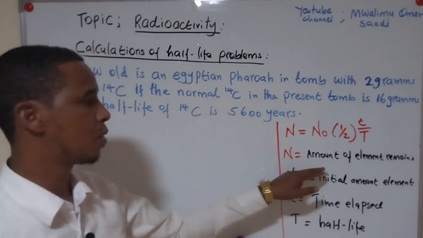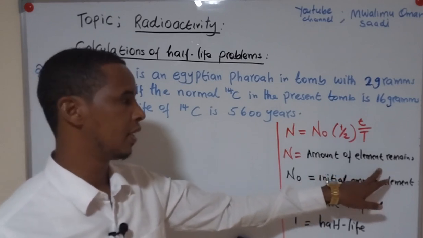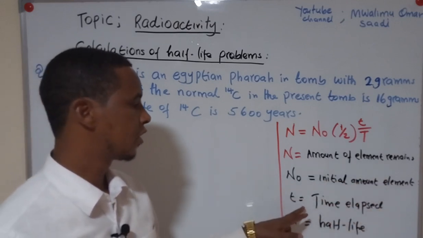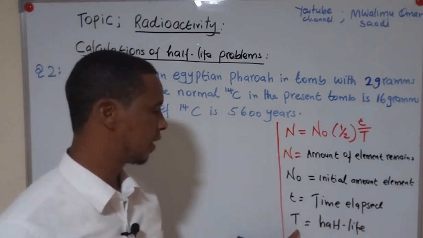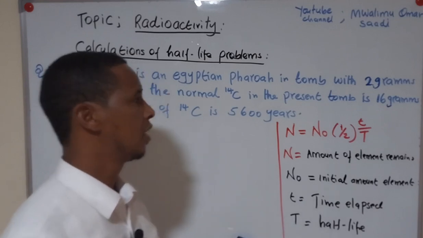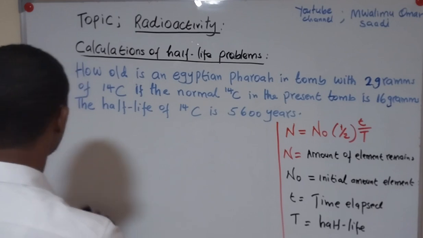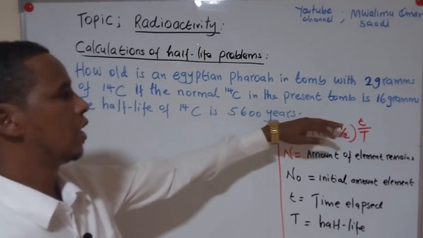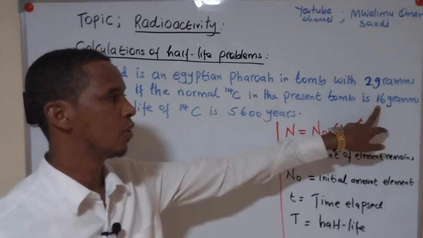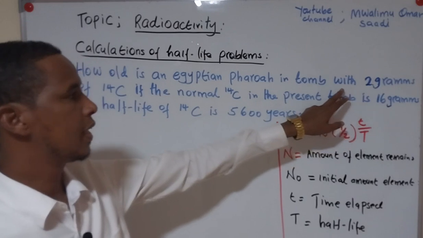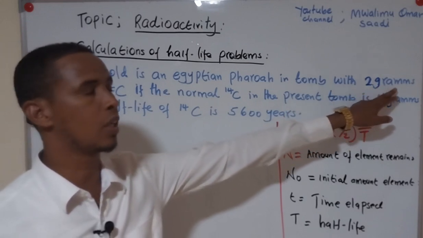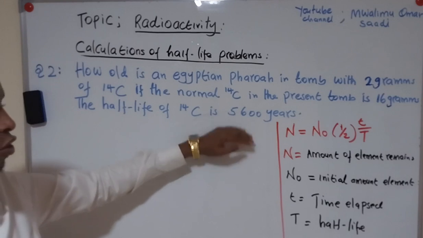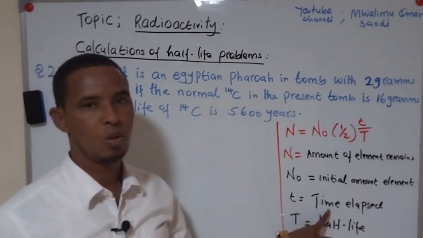So we said N is the amount of the element that remains after it undergoes decay, and N0 is the initial amount of the element, small t is the time elapsed, and capital T is the half-life of the element. Okay, so in our question now, we have the initial mass of the pharaoh, that is 16 grams, and the mass after decay is 2 grams, and then we're given the half-life, that is 5,600 years. So we need to find the time,